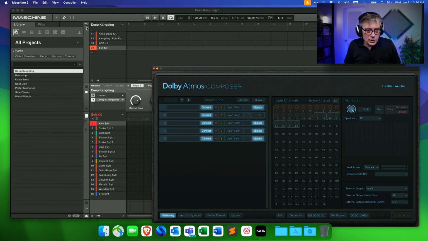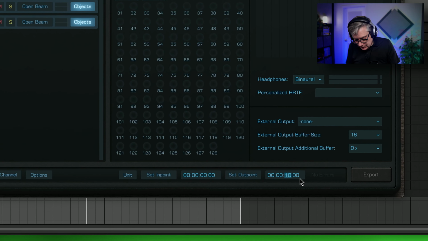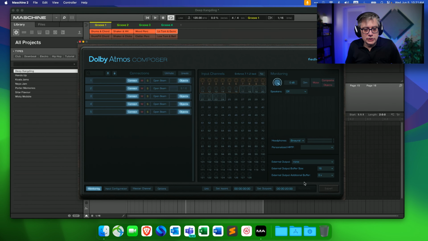For example, if you are doing that during a live session, if you want to just record your live session, you can do that by simply setting an in point to be 0 and then an out point to be whatever time you want to have. Now, be aware that Dolby Atmos master files tend to be very large, so I would probably not use a large number here, but if you want to record like a 5-minute or 10-minute session, you can definitely do that. What I'm going to do is simply set that to 20, and that should be plenty for just a test.